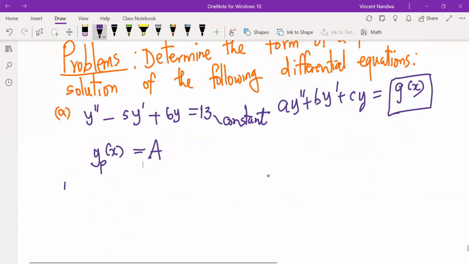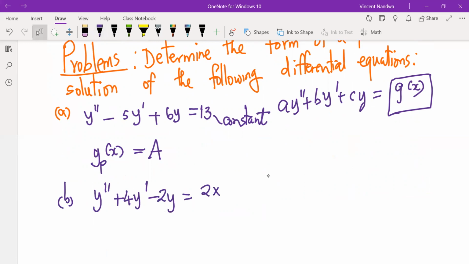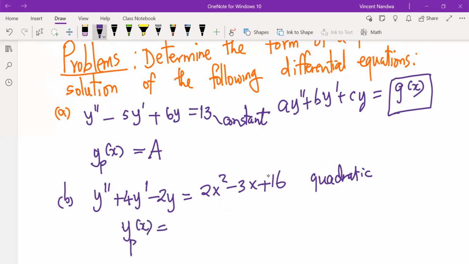And number two, if we have y double prime plus 4y prime minus 2y equals 2x squared minus 3x plus 16, then what determines the form of the particular solution is this g of x, and this being quadratic, then the correct form of particular solution yp will be given by